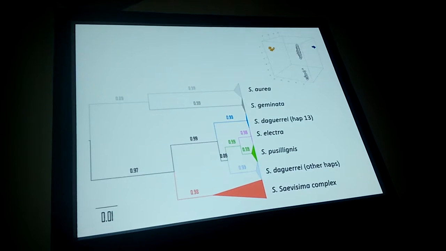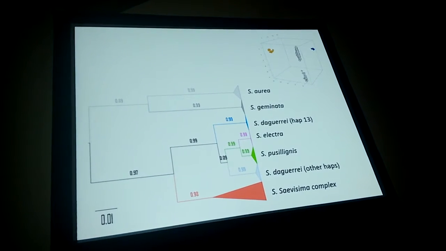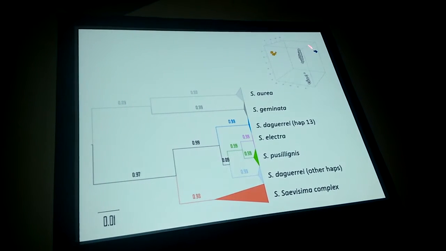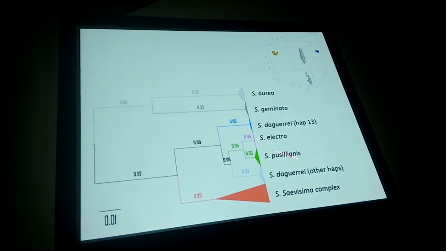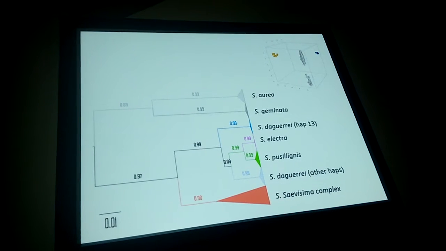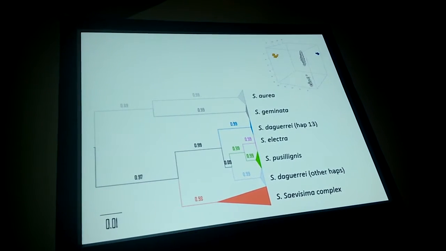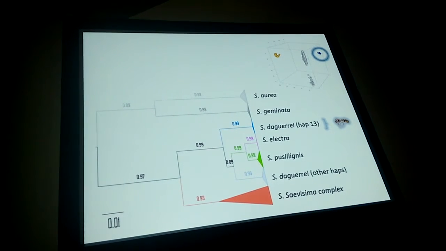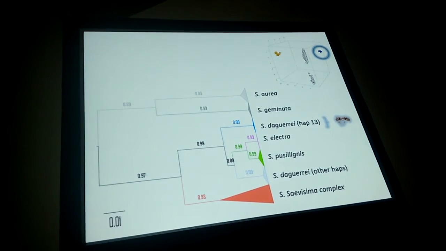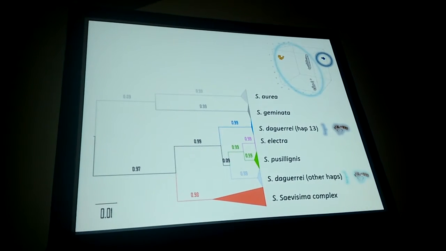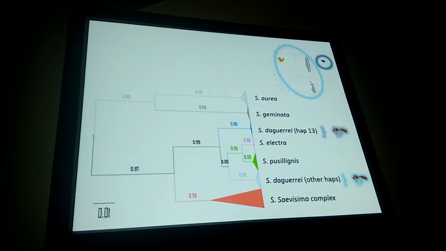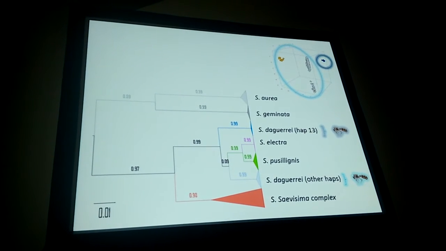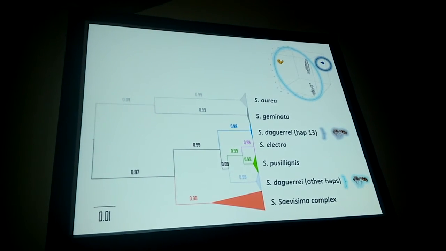And we'll come back to that in a second, but let's look at the phylogeny of the ants that we've collected here. For these, I've colored them by the mitochondrial haplotype and constructed a phylogenetic tree based on the COI sequence. And what you can see is that Daguerreae, this most differentiated cluster, is a monophyletic clade. These 3 also form a monophyletic clade, both sister to Electra or Pusilignus. And just for reference,